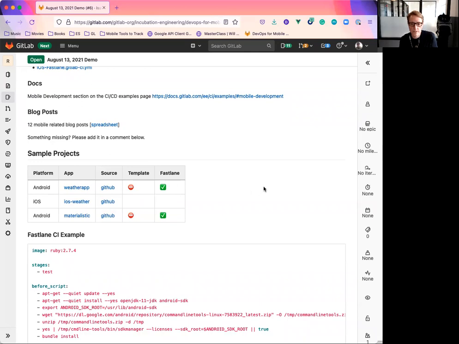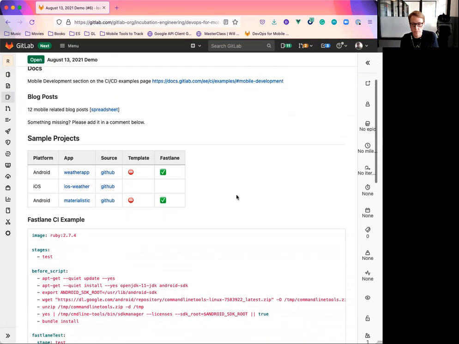And so the second thing that I tested was, could we get a build working with Fastlane? I didn't get to any of this in iOS just yet. I haven't got the Mac runner set up quite right. But I did test the Android ones on our shared runners. The interesting part was that I was able to get the Fastlane builds working with a little bit of